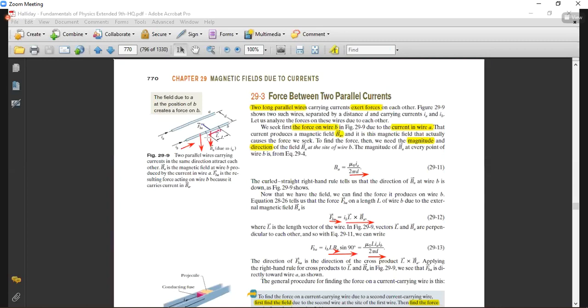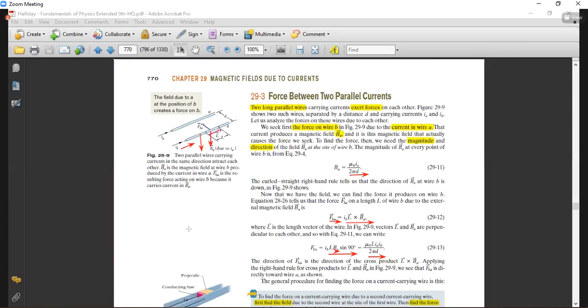In the same way, we can calculate the force that wire A is exerting on the wire B here. So you will get this force. ठीक है. Now from this whole article, it is clear to us that when we have two parallel wires